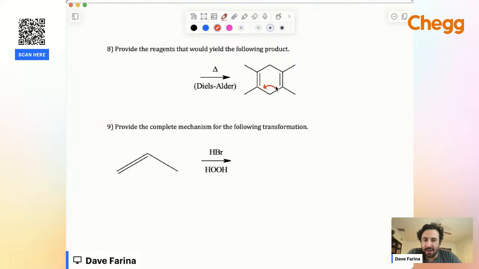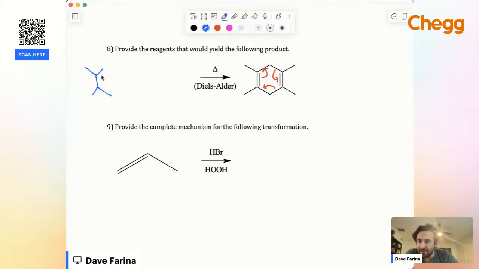So remember, Diels-Alder takes three pi bonds, and you get one pi bond and two sigma. So we're going to have to shuffle around two sigma and one pi to go back to the original situation. So this sigma goes back here to make a pi bond. This pi bond goes back here to make the first pi bond, and then this sigma bond goes back here to make a pi bond there. So if we pull those apart, what do we get? We end up with this